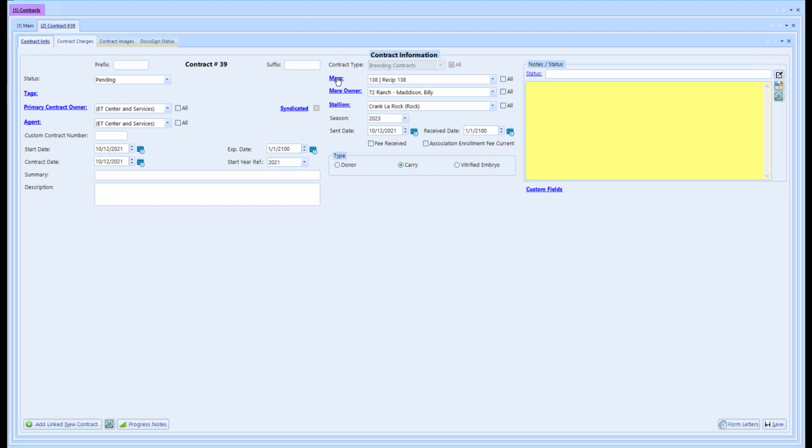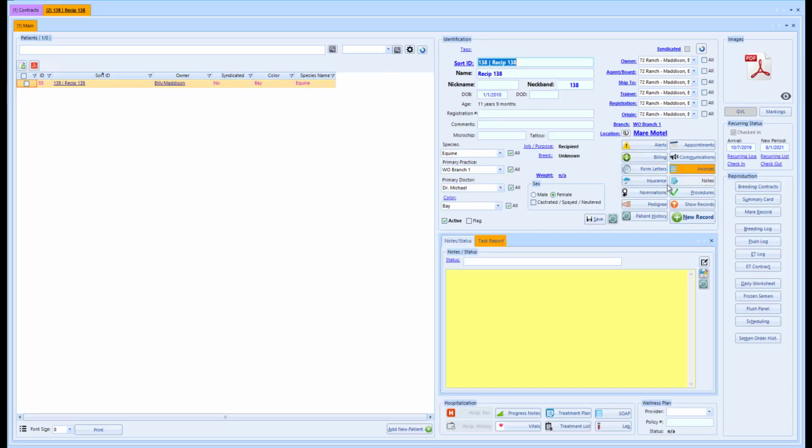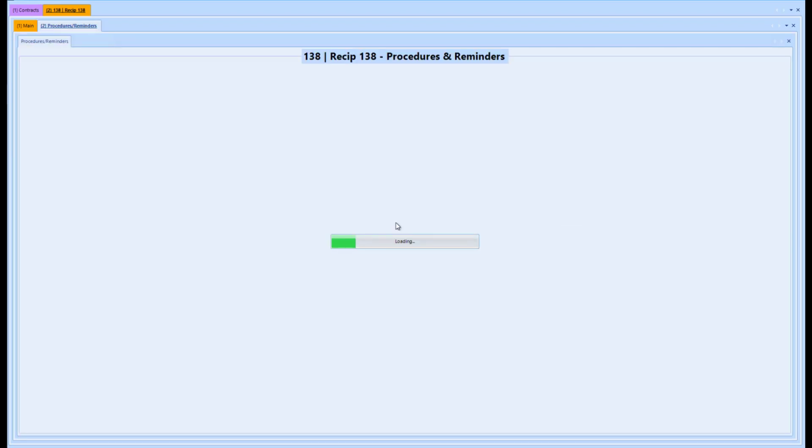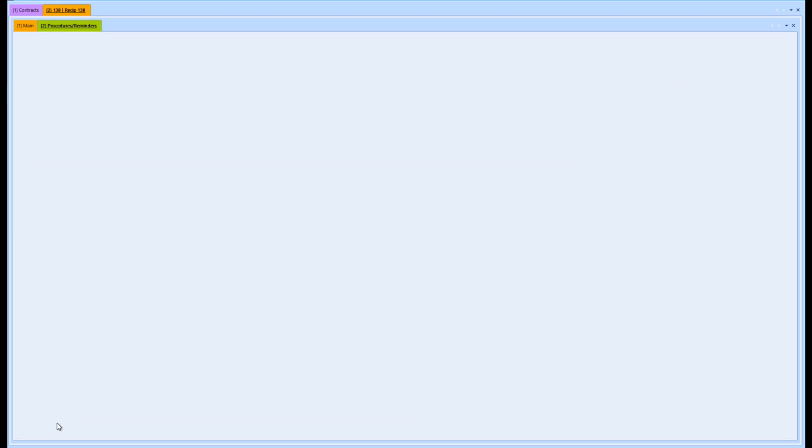Also, something to note here, if you do open up the MERS file and go to the procedures, you will notice the procedure does show on the list of procedures for this MER that it's associated with. That being said, if you try and bill from this page here, you'll notice if you try and bill from the patient file,